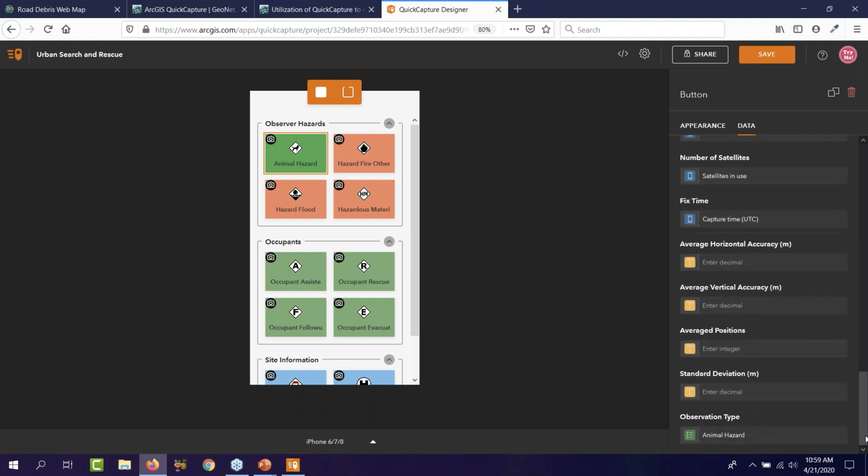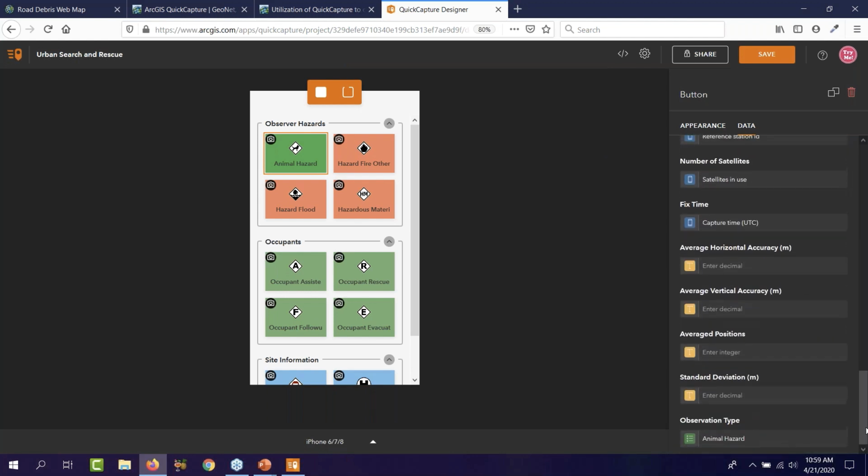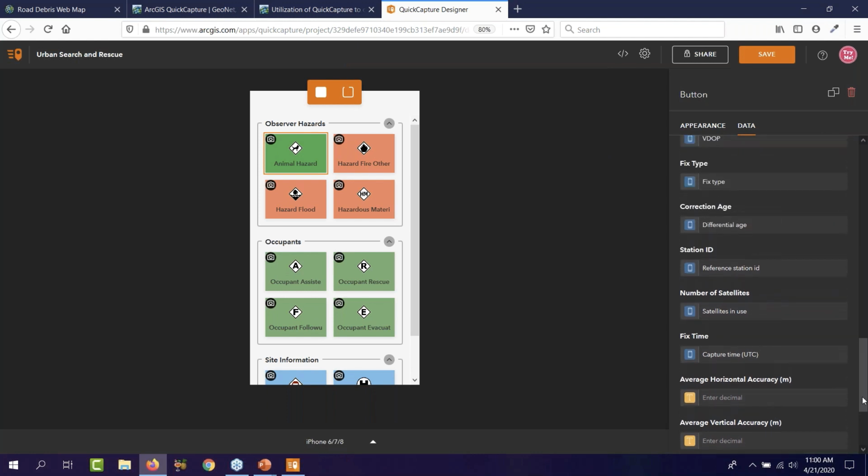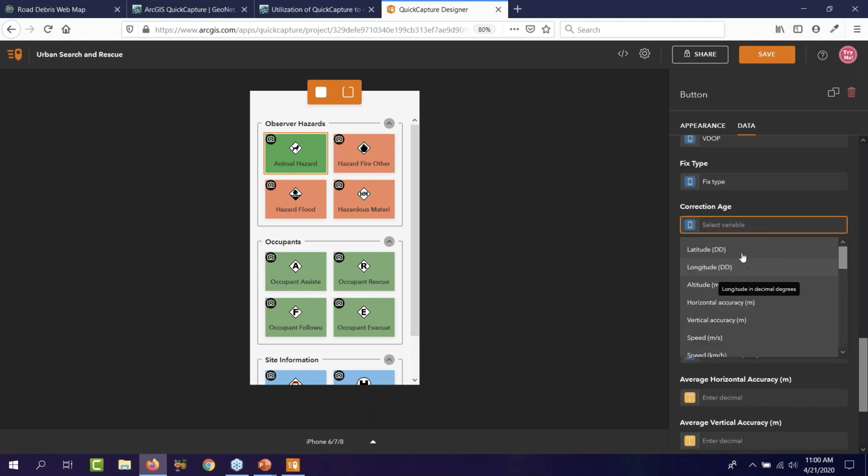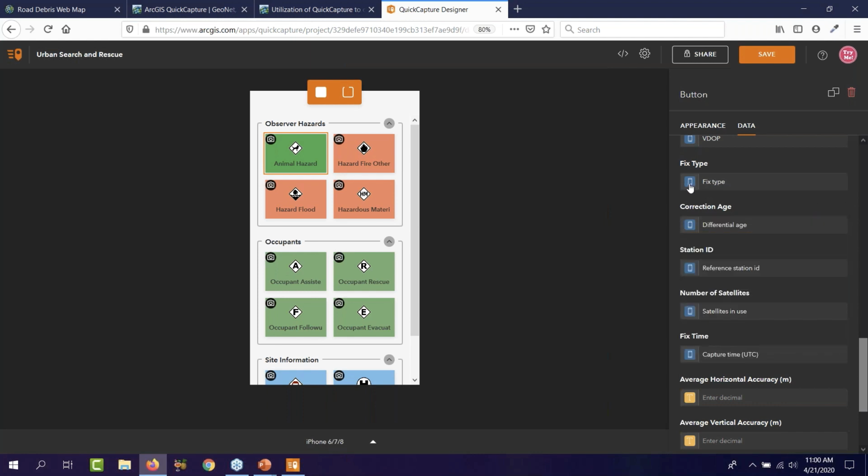So here, I can go and pick the different device variables. If I come here to fixed time, you see that in device variables, we have the capture time. But if I come here to this one, which is an integer, in device variables, we have different device variables that I can apply. If I look for a string field,